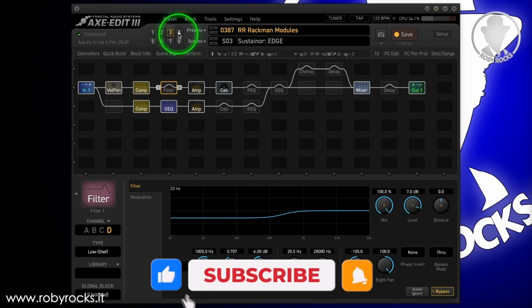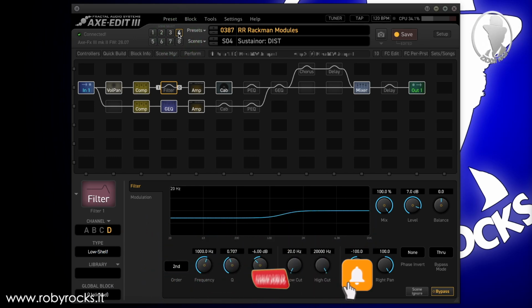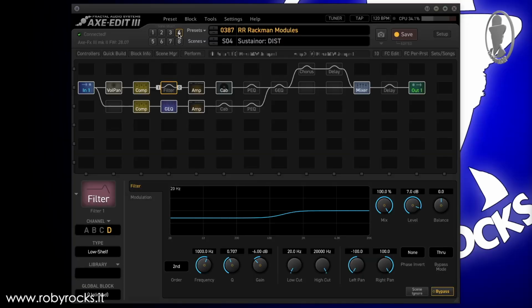Then I go to the dist channel. As you can see, the filter changes depending on the selected channel, because that's how the gain boost works on the original, so I recommend not modifying it and leaving it linked to the scenes just as I did.